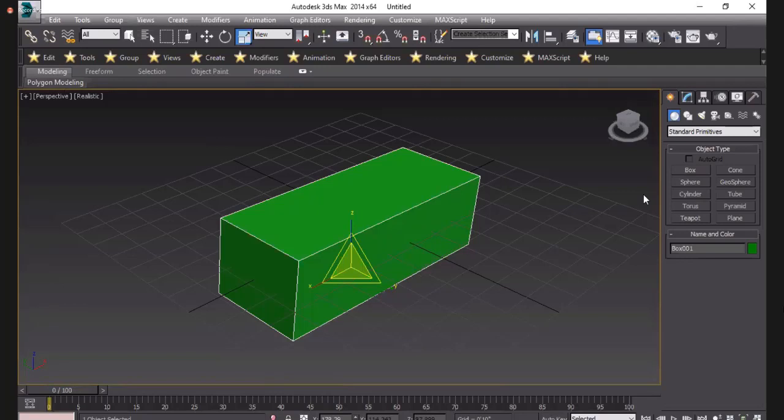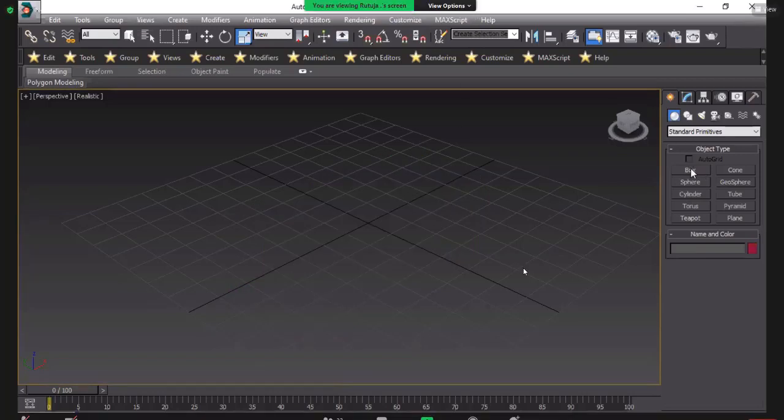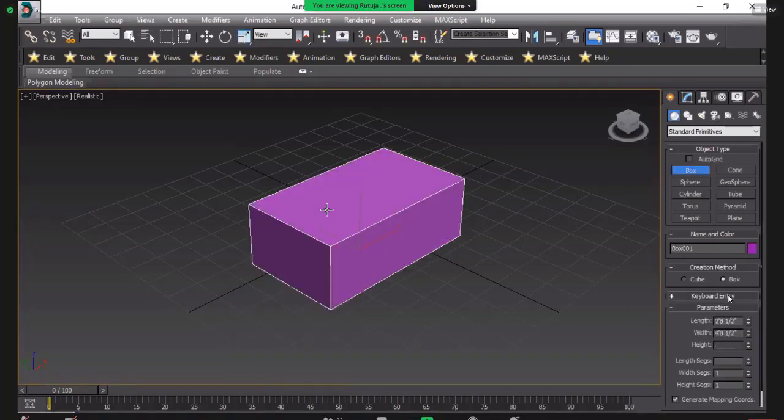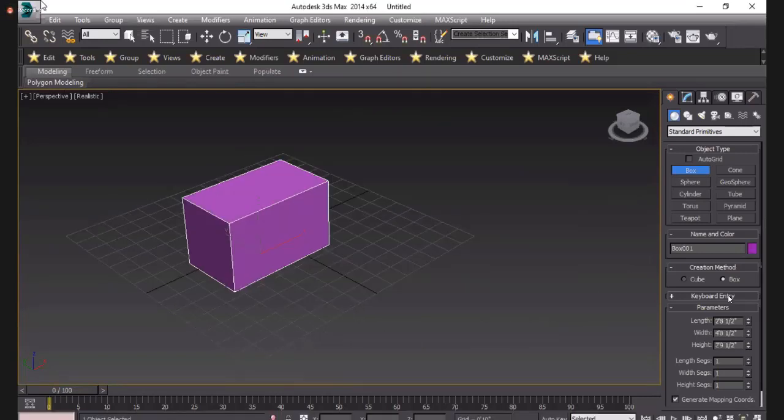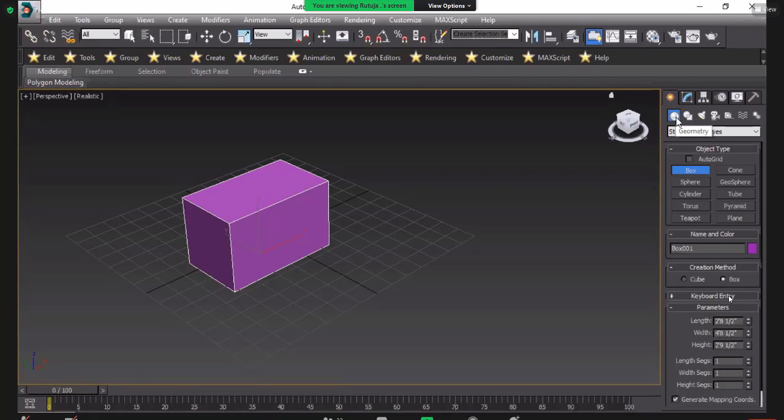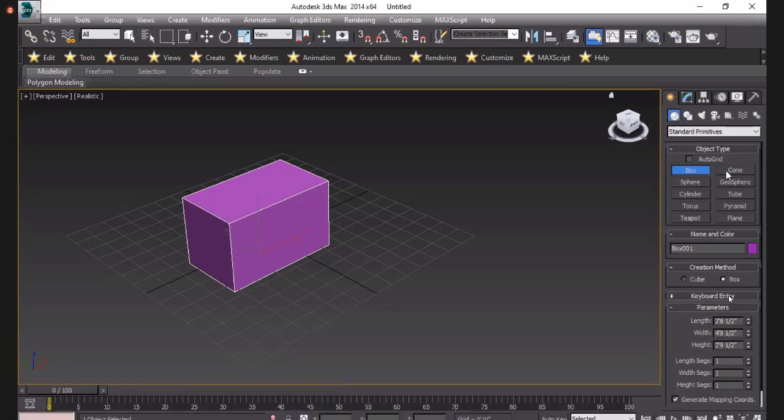So here, the next topic is that we will use the command panel for our modeling purpose. Then I will take one box here. This is the box. So we can introduce the shapes now, and the shapes are here in geometry. Like the name says, it is the components of geometry like sphere, cone, geosphere, cylinder, tube, torus, and others also.